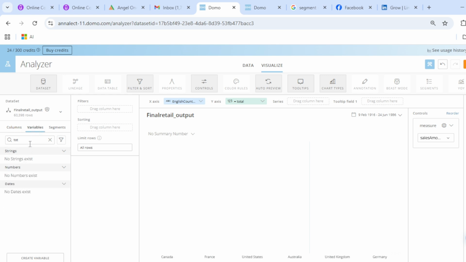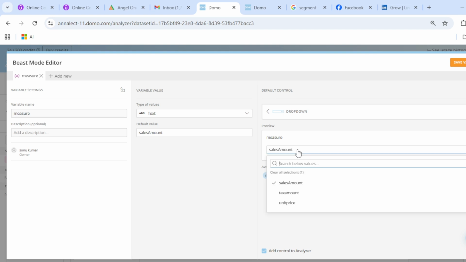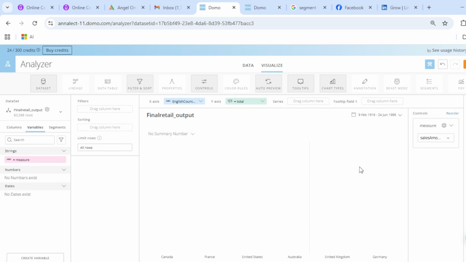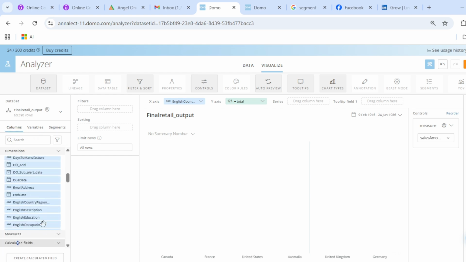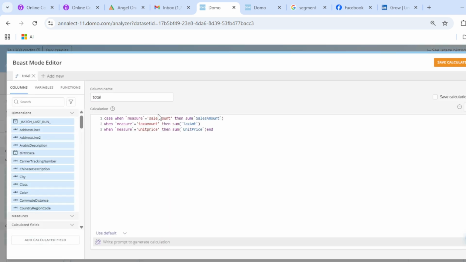Now when you come to variable, click on measure, so we can see the value of measure is SALES capital amount, right? So this is not matching with anyone, so the condition match is not happening. Okay, so come to columns. Let me modify my calculation field one more time. Sales amount. Okay, save,